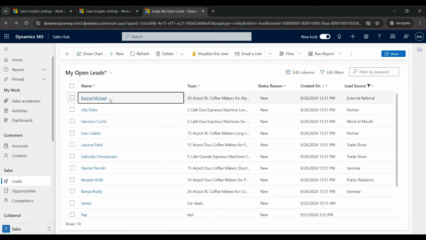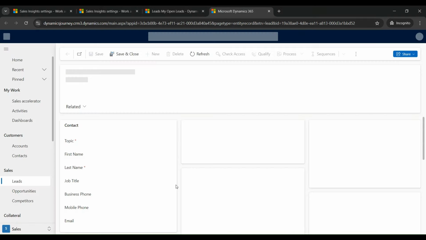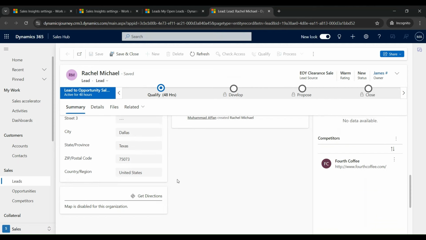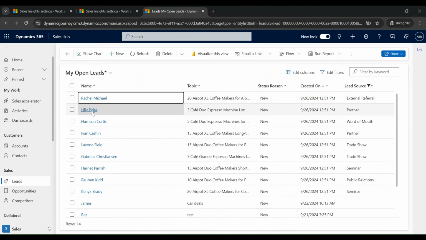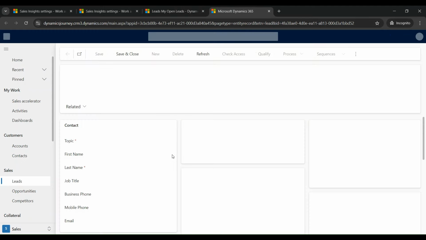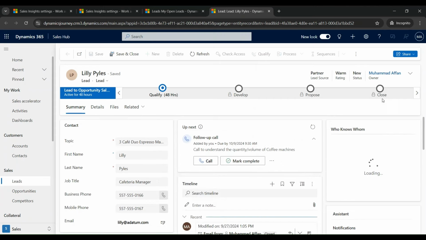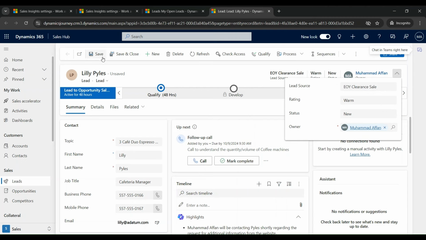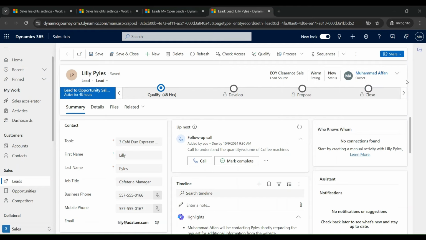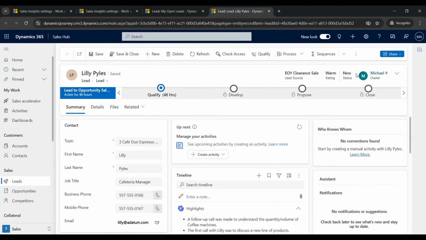Let's open one of the leads. Let's check the country and region is fine. This one worked. Let's open another one. Here, let's change the lead source to end of the air clearance. And now based on the different method, that is the load distribution method, let's see who has been assigned this lead. Let's refresh. Now we can see the new owner is Michael,